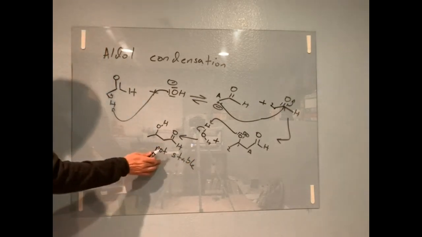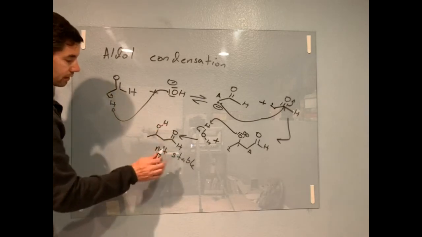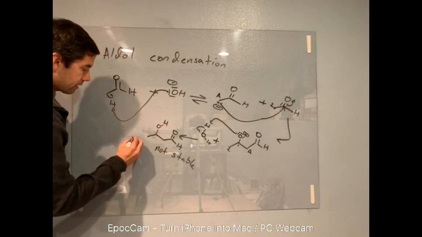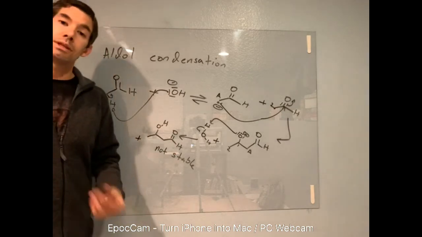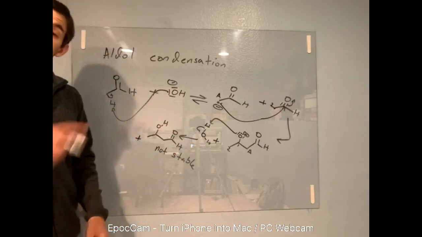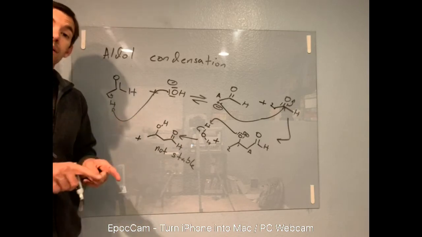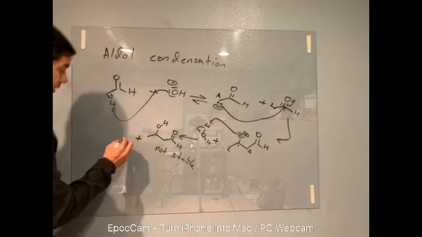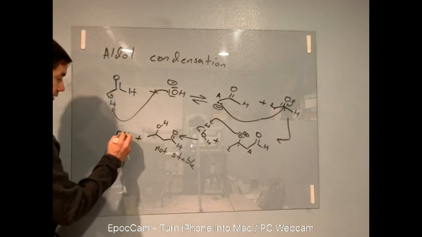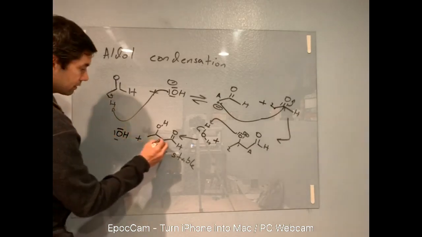This isn't very stable, right? It's not very stable under our conditions. So what's going to happen is that we want to form the more stable compound, which again will be our alpha beta unsaturated carbonyl. Why is that more stable? Because of that conjugation between the double bond and the carbonyl, okay? That's going to help it be a lot more stable. Remember we have this under basic conditions. This is going to take a proton